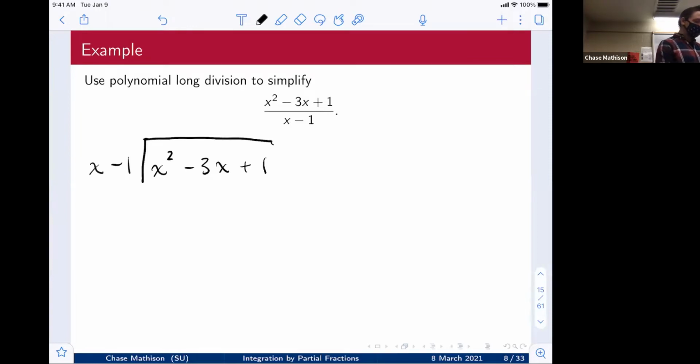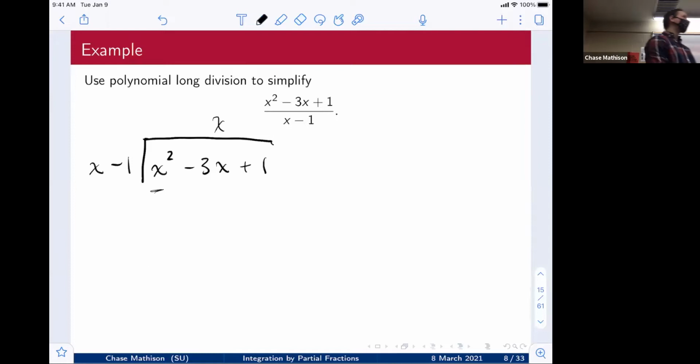I want to find something that I can multiply x minus 1 by so I can get this leading term, x squared. So what can I multiply x minus 1 by so that I get an x squared out of it? Just x, exactly. Really x, you're right, x minus anything, but the easiest thing, I just want to focus on the x part right now. So x,